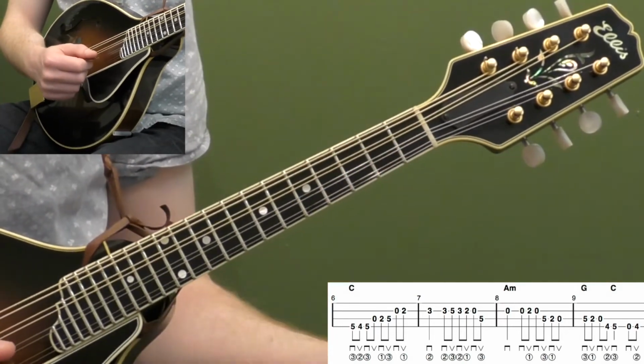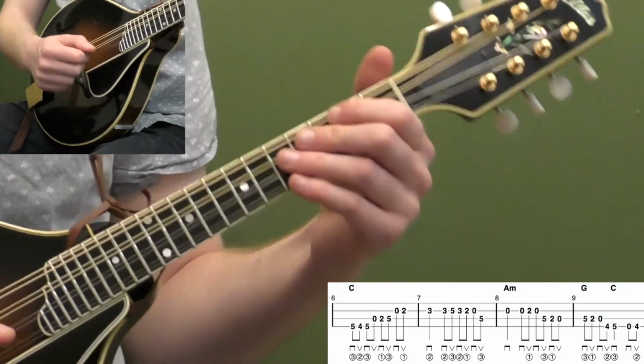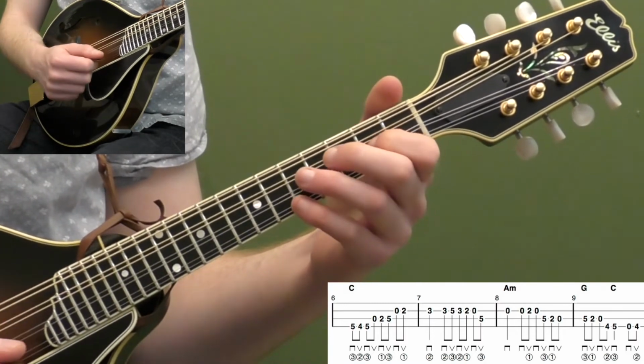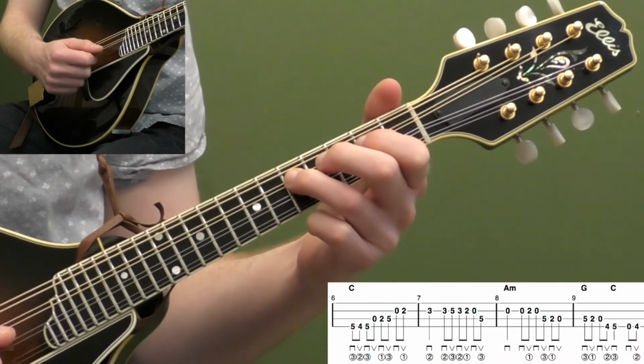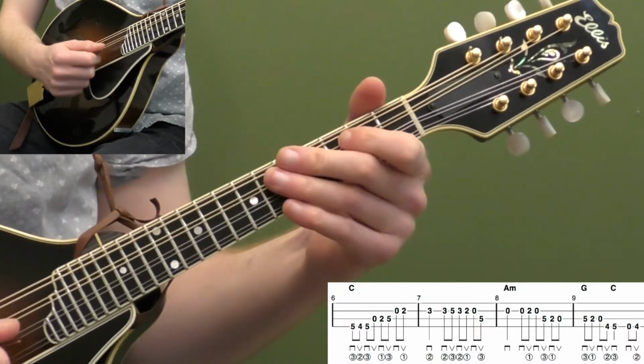Okay? And then measures 8 and 9, we're back to our A minor, except we're going to play like a little ending lick this time. We're going to go open A string, and then open 2 open on the A, back down to the 5th fret of the D string, and then 2 open on the D. So you have...